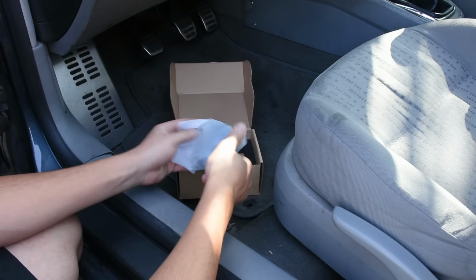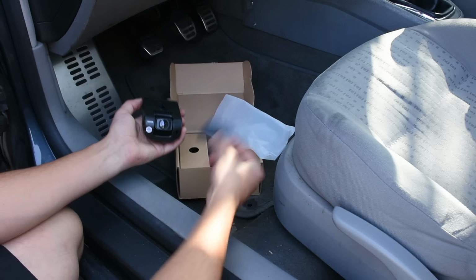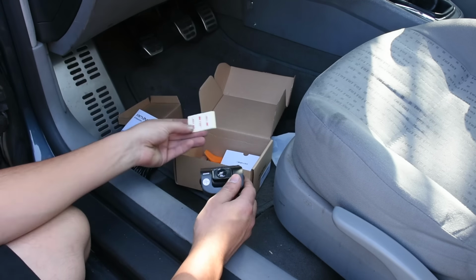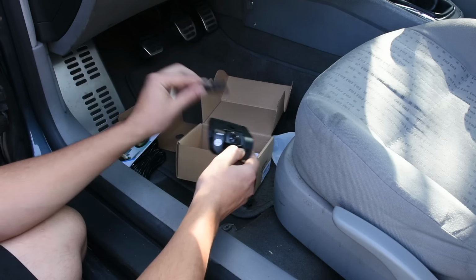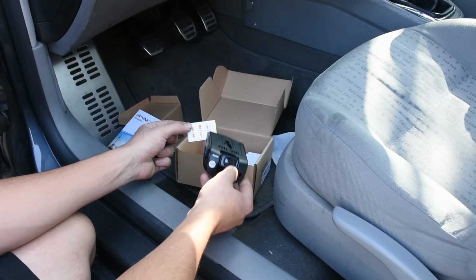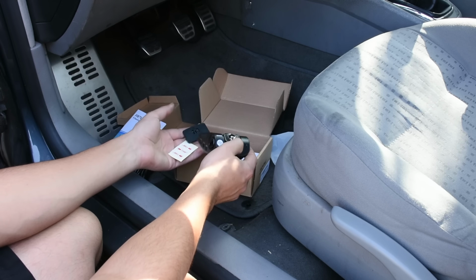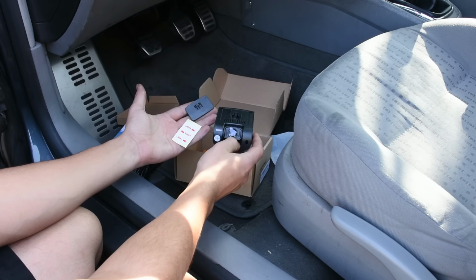Now I've already unpackaged this one, but here's a dash cam over here. Here's a little mounting tab. And underneath everything is a 3M adhesive used to attach the mounting pad, which will clip in to the dash cam. So what I've got to figure out is where on the windshield I want to mount this. The dash cam that you're using may have a little bit of a different mounting system, so just go ahead and follow the instructions that are given to you with your dash cam